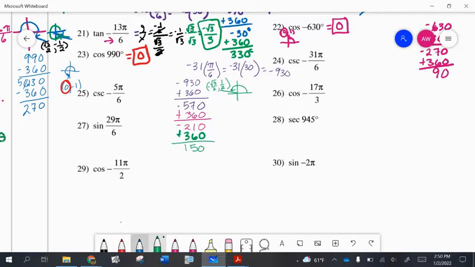If you wanted to do it the other way, where you draw it out thinking of the fraction, the question to ask yourself is, what does a whole pi look like with the denominator of whatever this denominator is? So what does a whole pi look like with a denominator of 6? It looks like 6 pi over 6. So if I want to count it out going negative, I'm going to go -6 pi over 6, -12 pi over 6, -18 pi over 6, -24 pi over 6,